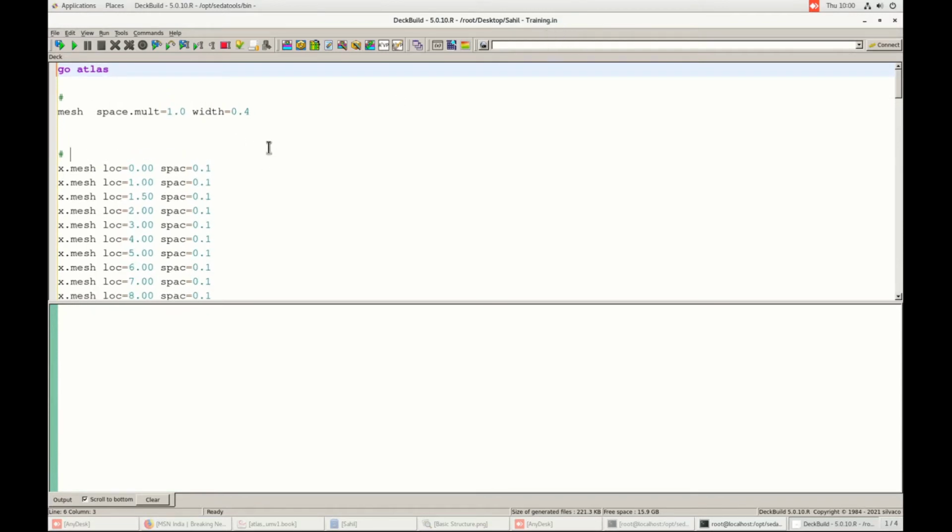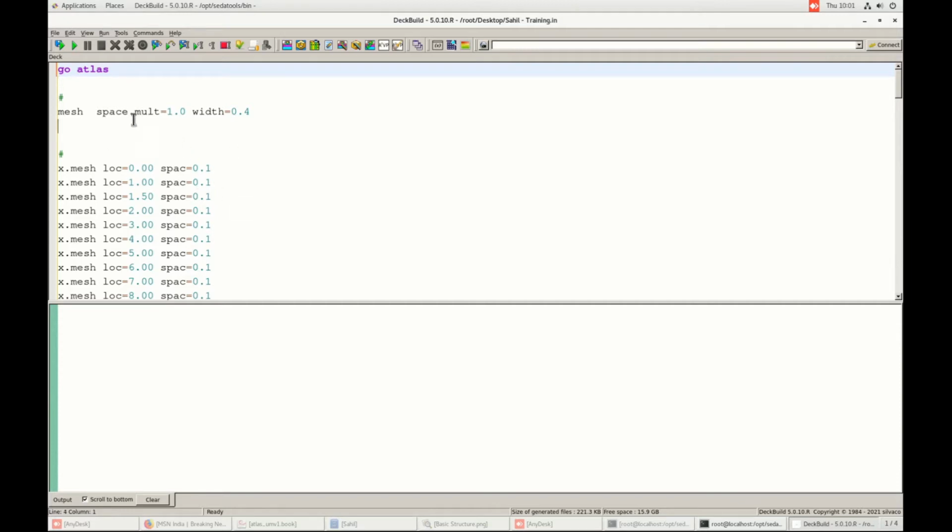training.in. First I will tell you about the basic files which are used in Silvaco. There are three types of file: .in file, .str file, and .log file. The .in file is the editable file, the editor file, like .txt.